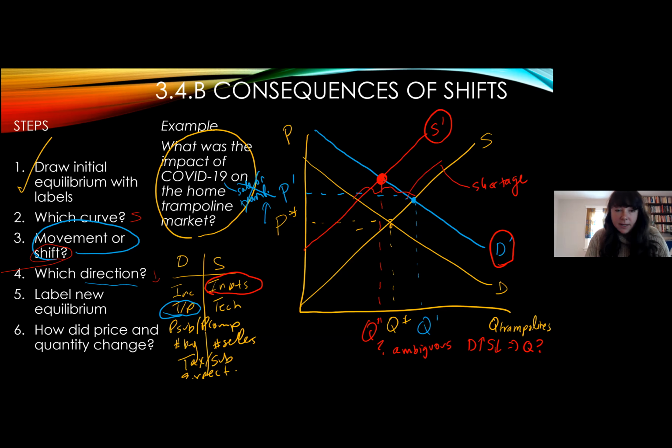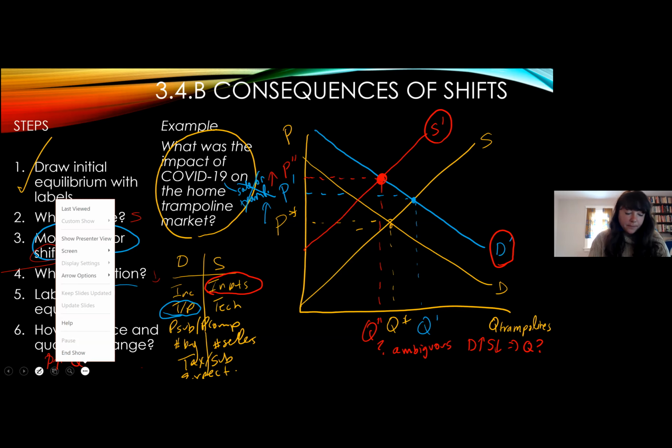if supply hadn't fallen at the same time also, where the quantity supplied and the quantity demanded were not in sync. It's going to take time for the supply to move up to that higher point. But where are we? Sorry for the sidebar. The new equilibrium in red leads to much higher prices for trampolines. That's not ambiguous. Both of the shifts are pushing prices up. So how did price and quantity change? Price went up, quantity we're not sure, right?